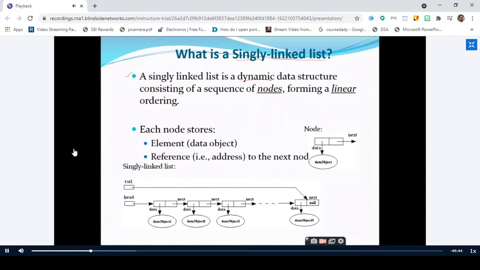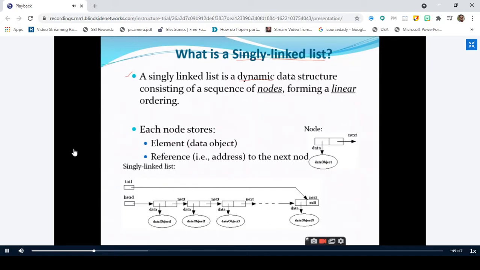Can anybody tell me what you mean by data structure? The physical implementation of an abstract data type, ADT, is called a data structure. Any other definition? That is okay, but I want some other definition. It's not how we implement, it is how we organize the data in the main memory.